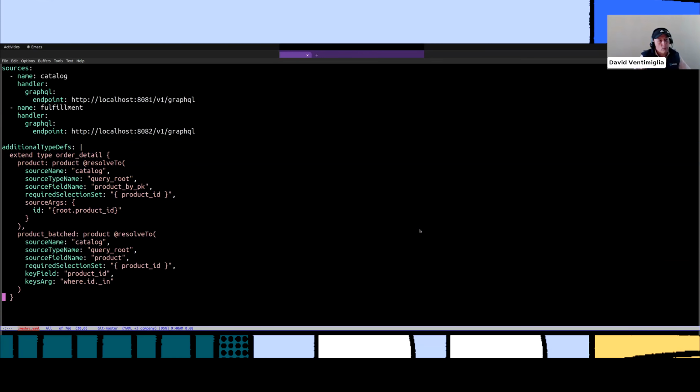This is where I said that GraphQL Mesh gives users the ability to shape and curate and modify the supergraph that they're producing. So this extends the order detail type with an additional field. Natively from the subgraph, order detail doesn't have a product field. So we're adding one, right? We're adding a product field, and we are adding a bit of configuration that lets GraphQL Mesh know, well, how do we go about this? How do we